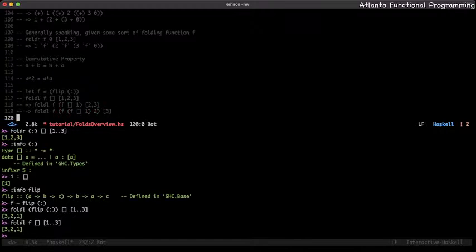Three, fold L, F, F of F. And it's probably easier for me to do it this way. Probably better for me to write it this way to make things even more obvious. F, F,